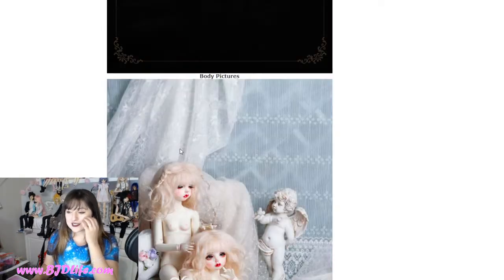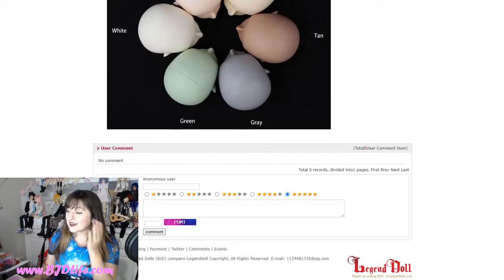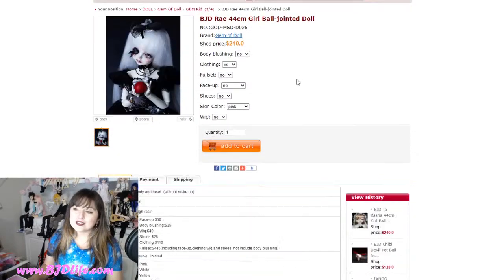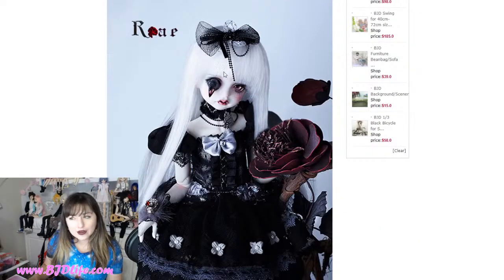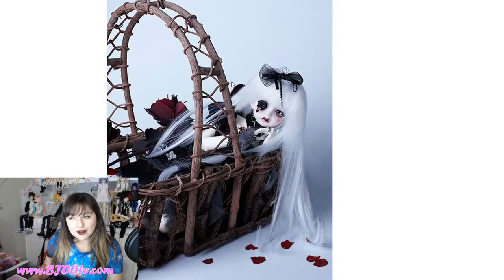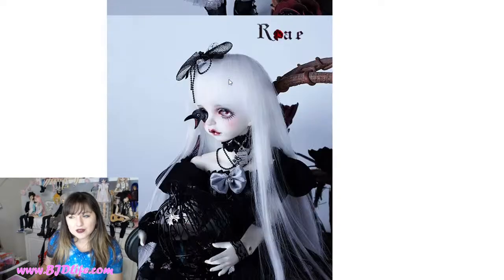I didn't get to look further down to see if they showed us the bird. Oh, they did not. They just keep on showing us the rest of the doll. But no bird! See, I don't know. These are questions that I need answered. But it comes with face mask, birthday card, doll, and so on. Includes face up, clothing, wig, and shoes. Not include body blushing. Does it come with a bird? Or did they just make this up? Now I'm wondering. It has to come with the bird, right? Is that what they're considering the face mask? Is the little face